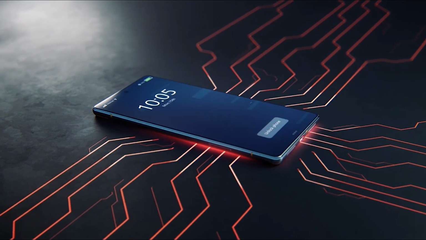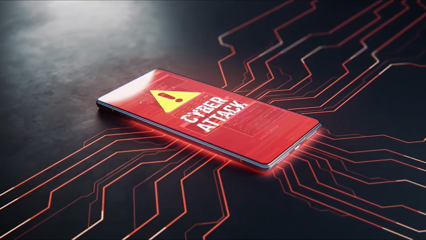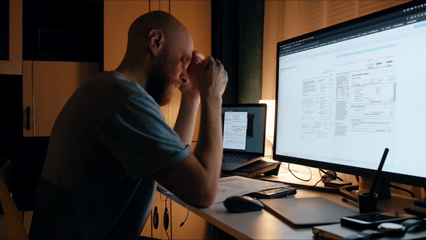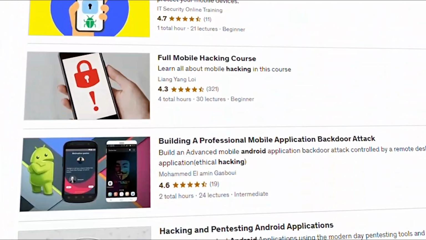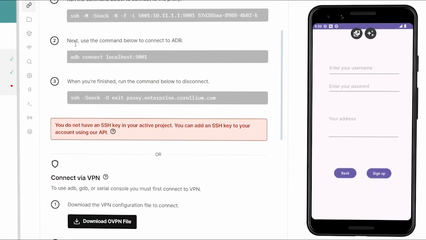Attacking mobile phones or applications is one of the skills that we always want to master as hackers, but it looks impossible since most of the content is just repeating itself. No one is teaching us how to do it properly. This is why I woke up and decided to make this series of videos where we're gonna start playing mobile